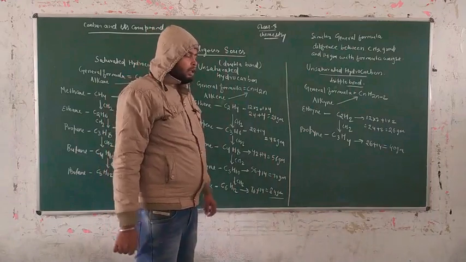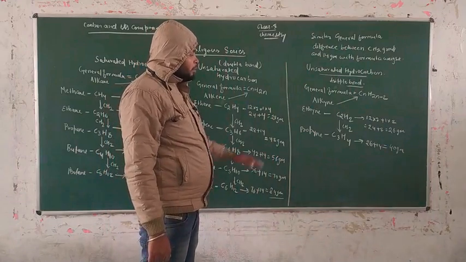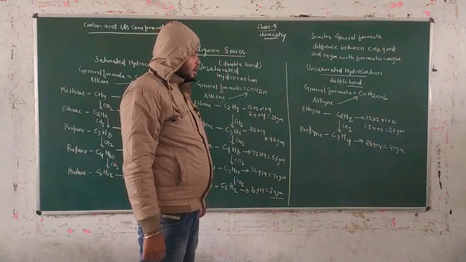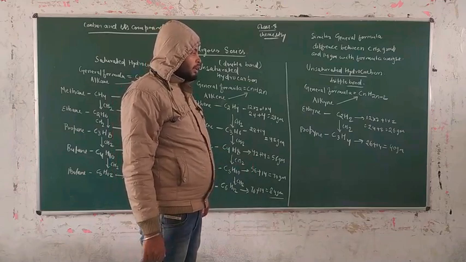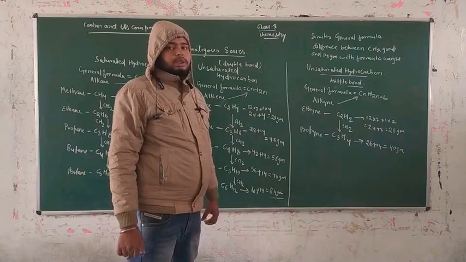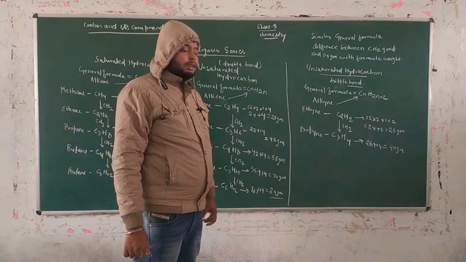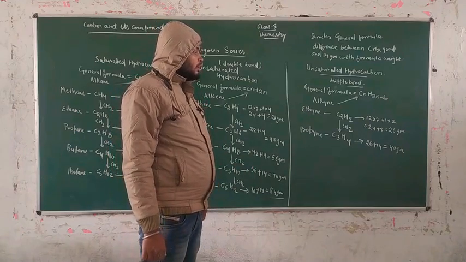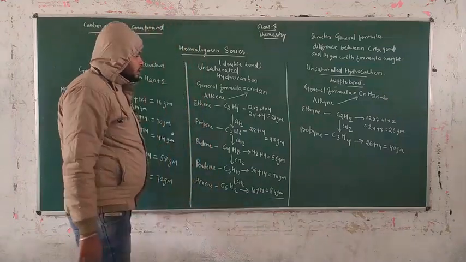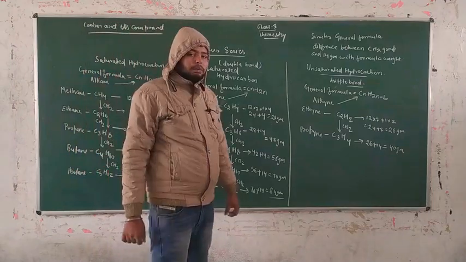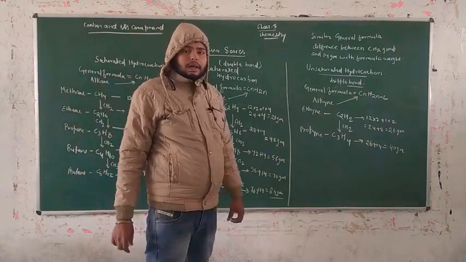You have to completely check it now. That means 12 × 3 is 36, and 1 × 4 is 4 grams. 36 plus 4 is equal to 40, and we found this with the help of the concept of homologous series, and we also found this with the help of the complete arrangement of formula mass. From both concepts, we get the same answer. That means our concept is correct now.